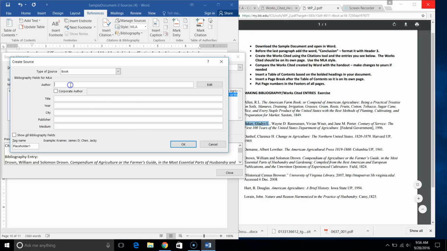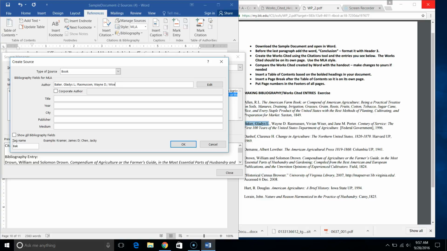So first thing I need to do is enter an author. Notice at the bottom it gives me an example of what that should look like. It should be the last name of the author, comma, and then the first name, Gladys L. Okay, and then I'm supposed to use semicolons between authors. I'm going to put a semicolon because there's another one, Wayne D. Rasmussen. As I look, it says last name and then first name, so I'm going to enter Rasmussen, Wayne D. Weiser, semicolon, not just a comma, Weiser, Vivian. And then lastly is Porter,